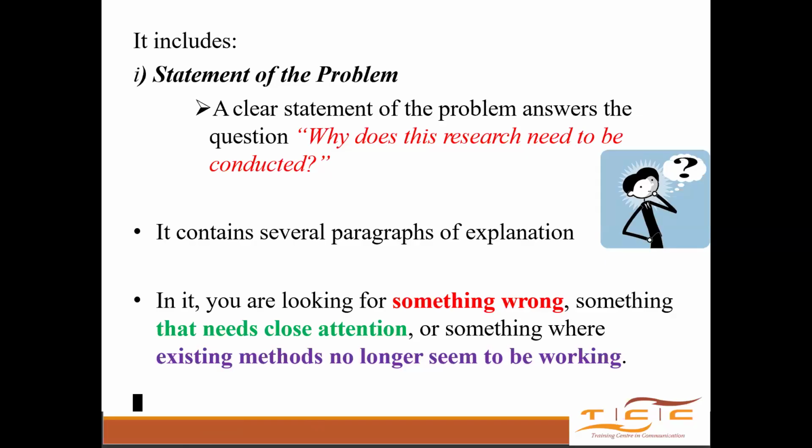Then if it is in your statement of the problem, you just refer me back to the statement of the problem and tell me that this one is about the knowledge gap on the use of alternative sources of protein. Okay, yeah, I saw that. That's okay. And if I see another objective that is now talking about water quality, then I will ask you, what objective 2 is talking about water quality parameters? Which problem are you trying to solve with them? Then you say, okay, most farmers do not know how to monitor water quality, so I want to see whether these management practices are affecting water quality, because that affects the growth of fish ultimately. Then I say, okay, yeah, I saw that you are saying that in management, most farmers do not know how to monitor water quality parameters.